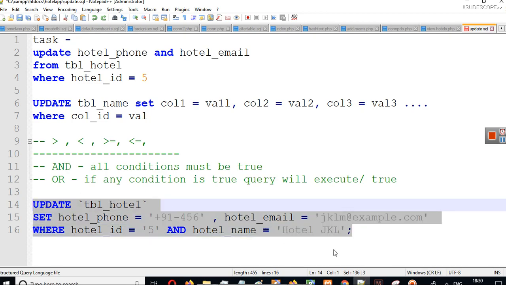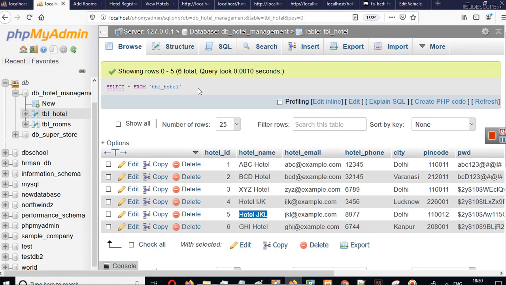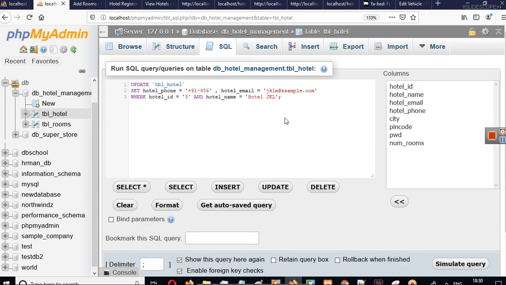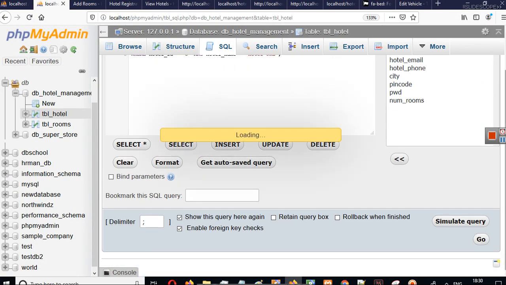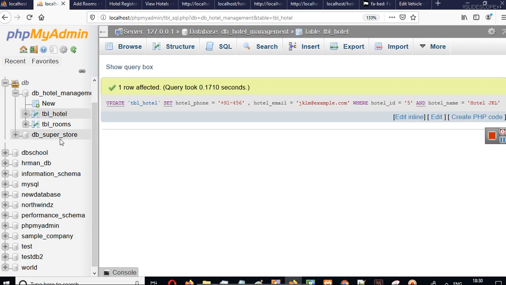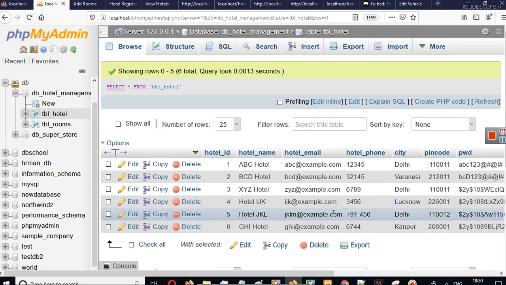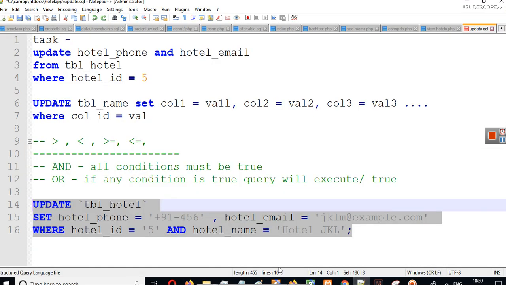So now let's use it. Go to your SQL, make sure you are in that table, write your SQL query and now execute it. Now you can see it is updated. We can now see the new phone number and the new email here. So this is how the update query works.